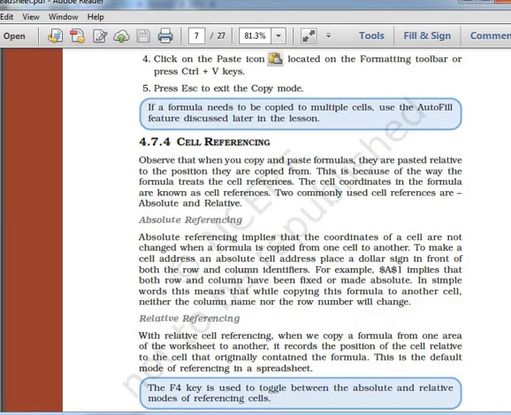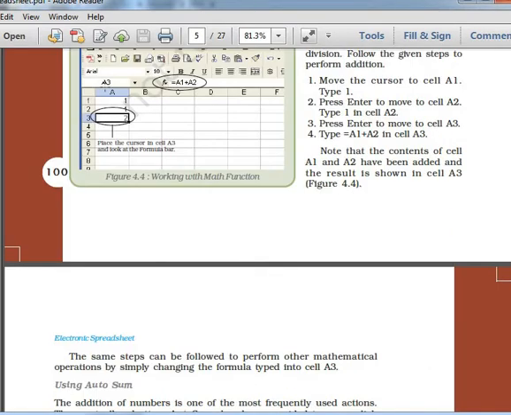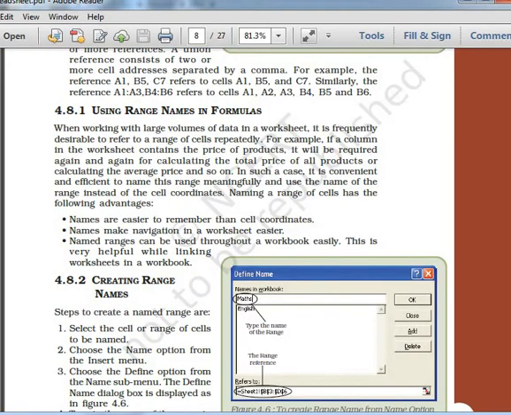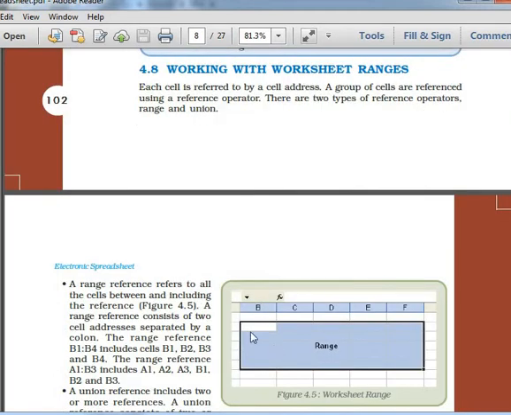Then cell referencing: like here we saw that when we entered the formula, we named both of the cells A1 and A2. This is what cell referencing is. And when we want to enter a range, it can be entered using a colon mark, like here B1 to B4 they have entered.